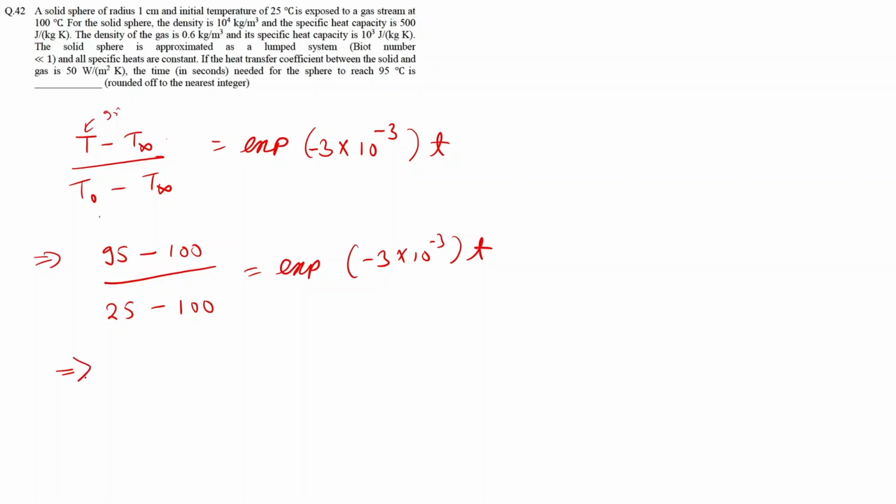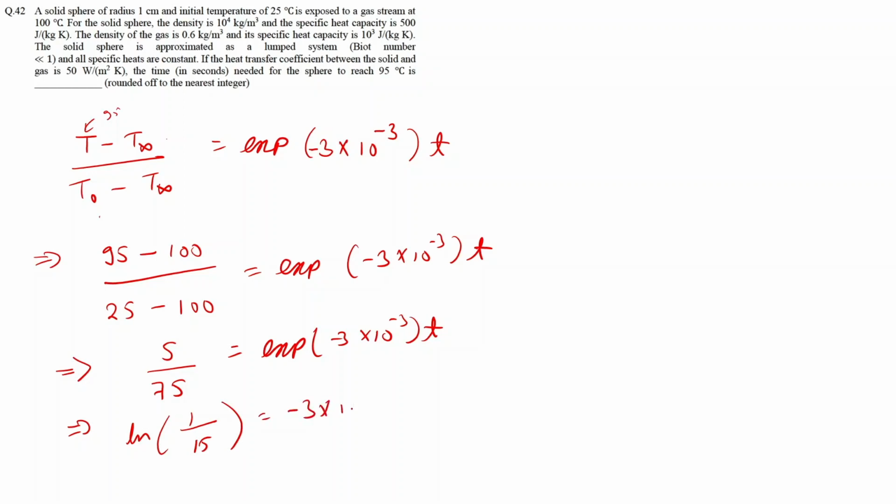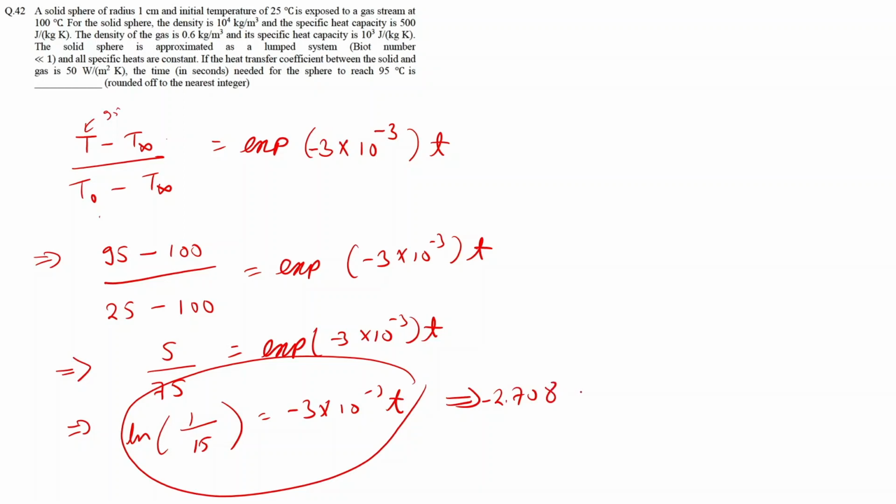So this we can write as 5 on 75 is equal to exponential of... we can take log on both the sides, and that will give us ln of 1 by 15 equal to minus of 3 into 10 raised to minus 3 into t. So we can solve this equation, and we can get 2.708 is equal to minus of 3 into 10 raised to minus 3 into t, and that will give us time